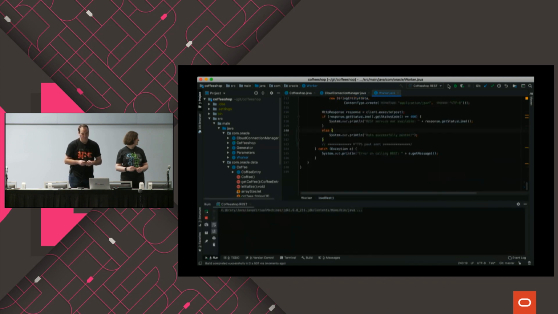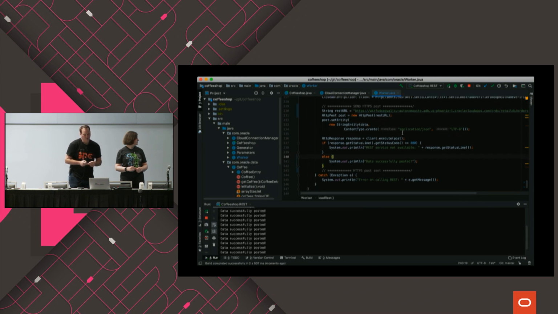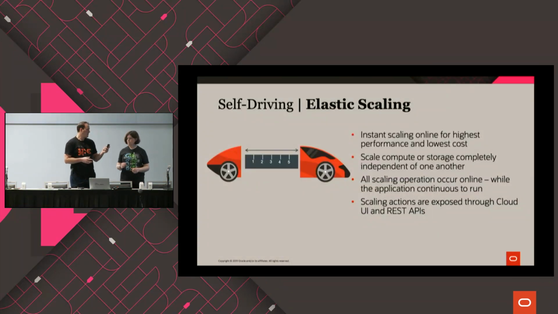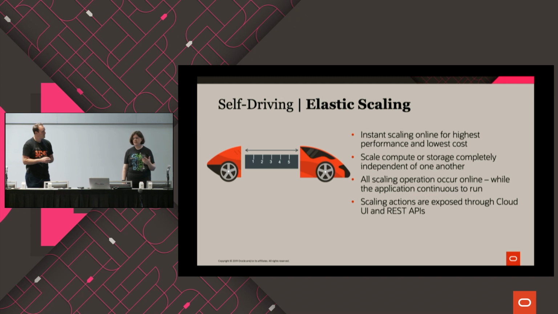Let's spin it up. We should see here data successfully posted in just a minute. And there we go. Indeed, the data is successfully going into the autonomous database. Cool. So now that we've got our application connected to the database, data's going in, we may want to scale